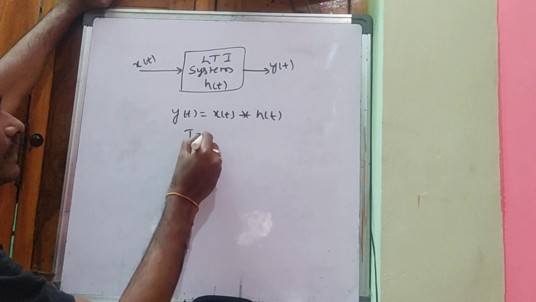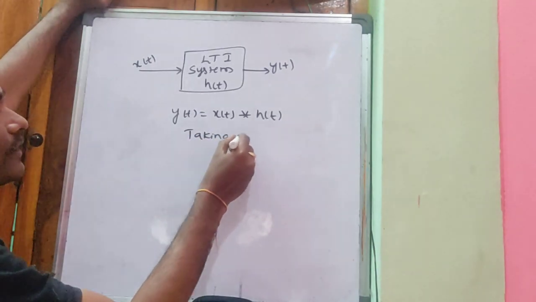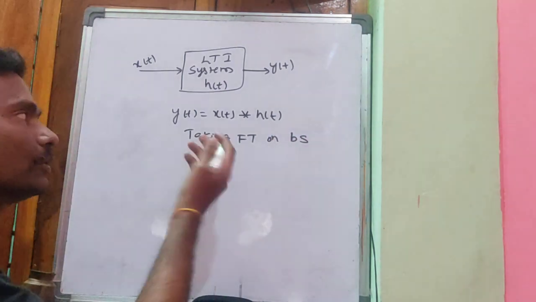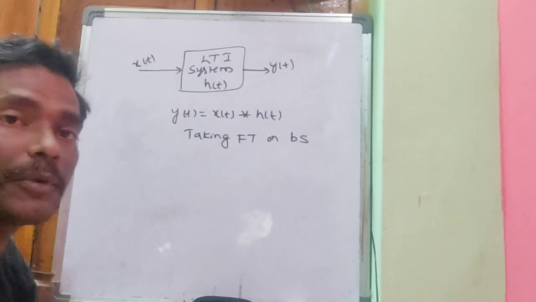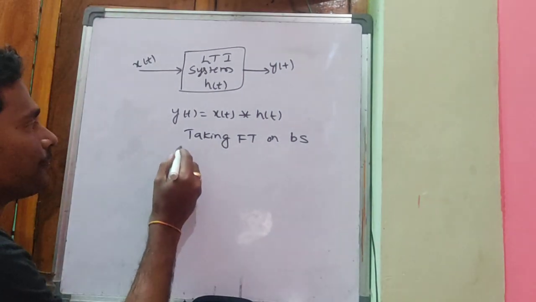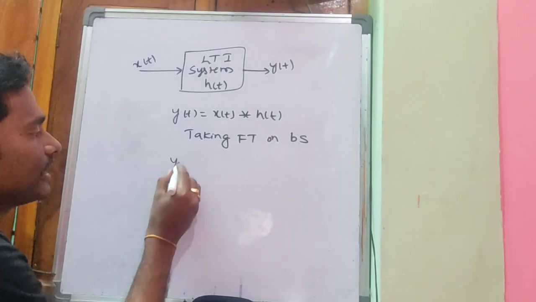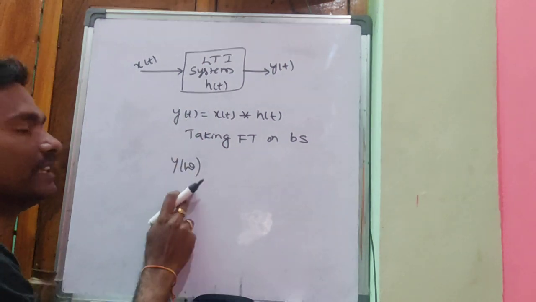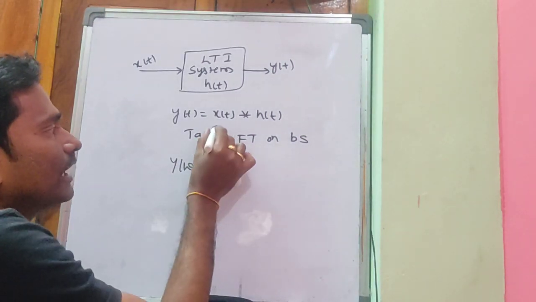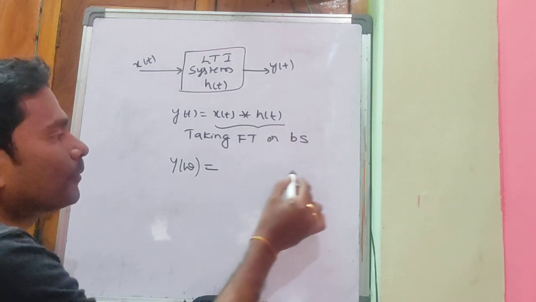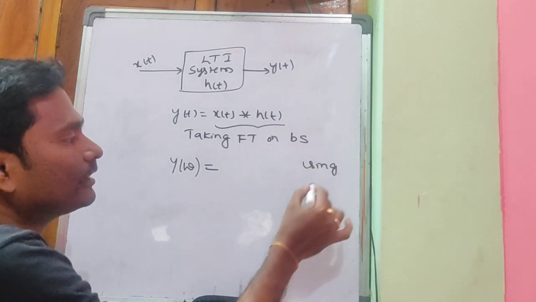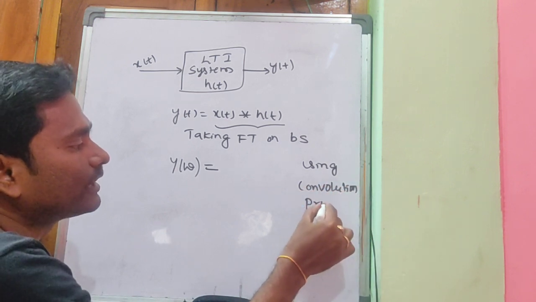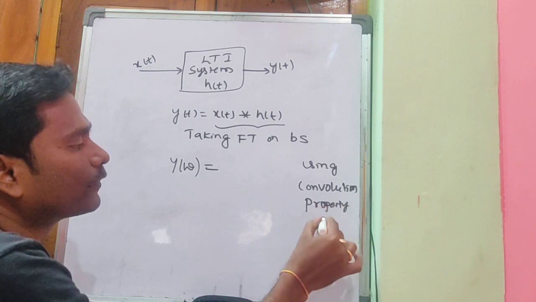Now taking the Fourier transform on both sides. As you are already familiar with Fourier transforms and their properties, by taking the Fourier transform, y of t becomes y of omega. That is equal to, using the convolution property of Fourier transforms,